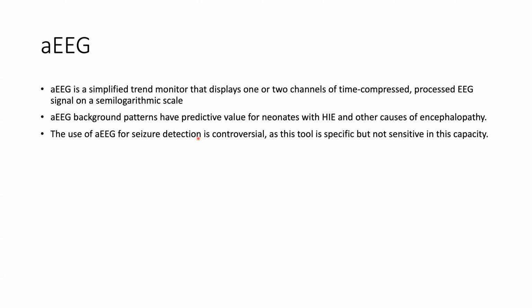In a conventional EEG, it's very difficult to do a 24-hour conventional EEG in the newborn. So what this technology does is that it is a trend monitor, just like you see a trend of heart rates of the child during the day, trend of the blood pressures or the dips and rises in saturation you see as a trend monitor on the continuous fetal monitor. This displays just 1 or 2 channels of very time compressed and processed EEG signals, right? So that you can easily read them for highs and lows and then assess them for abnormalities, right? So they can be used to assess background patterns, especially in neonates with hypoxic ischemic encephalopathy.